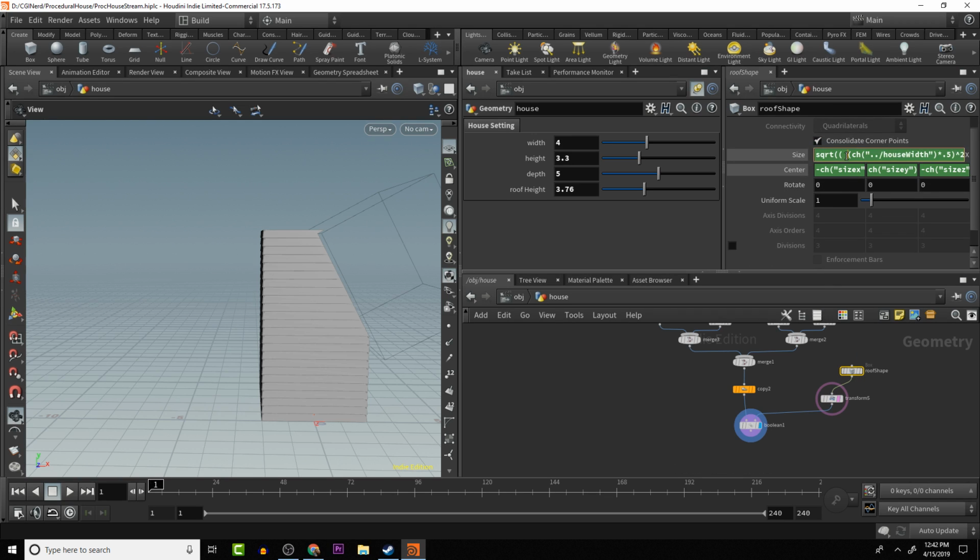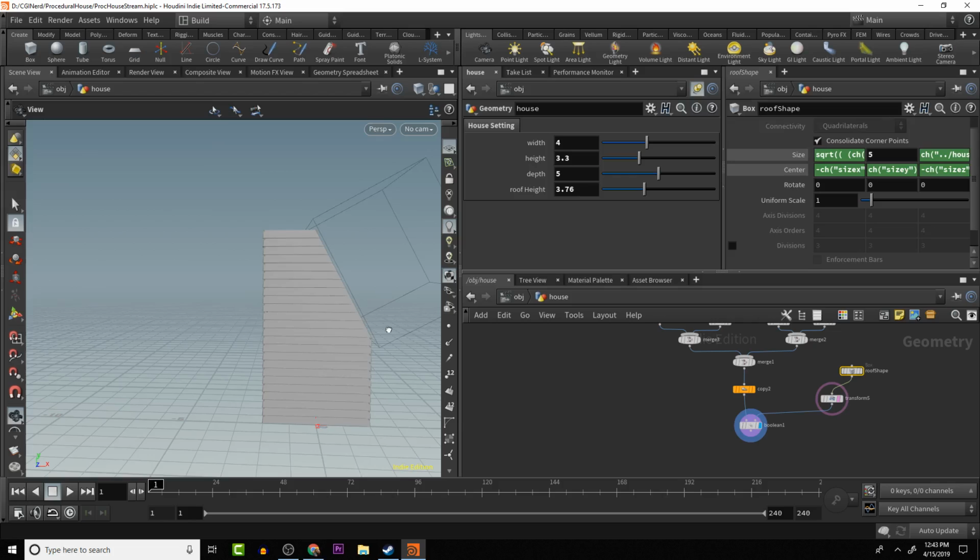We can take the center in the X and let's add 0.5. Oops. That's not what I wanted. Let's try the Z then. No, not the Z. The Y. Add 0.5. So that moved in the wrong direction. We want negative. There we go. That crops it off completely. And as we change the roof height,